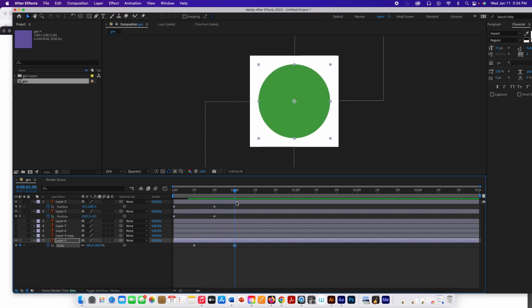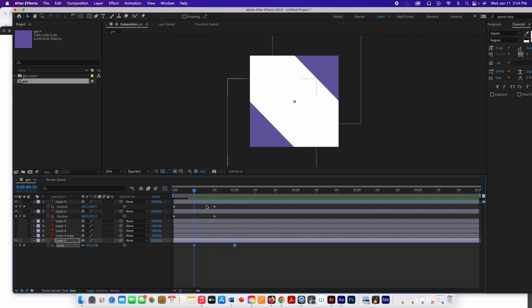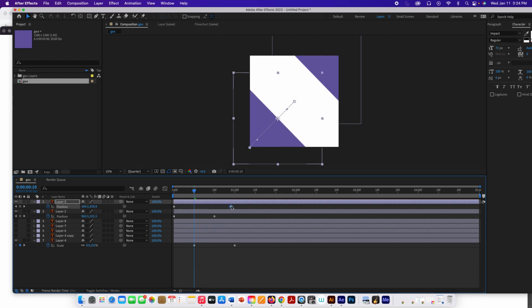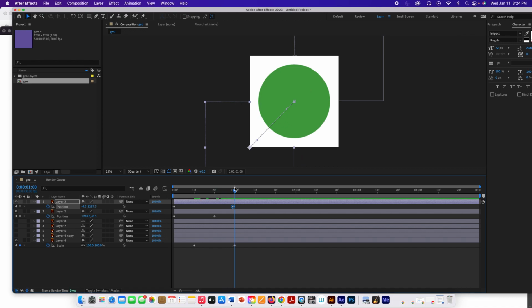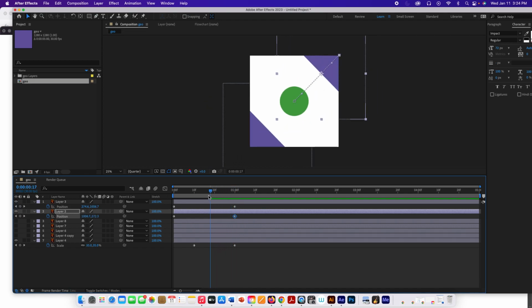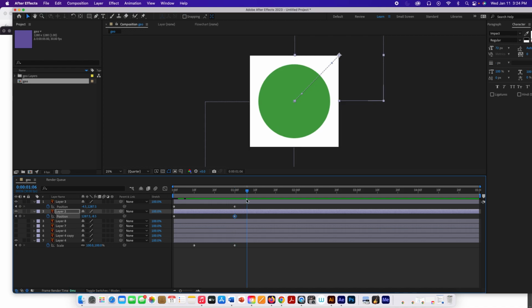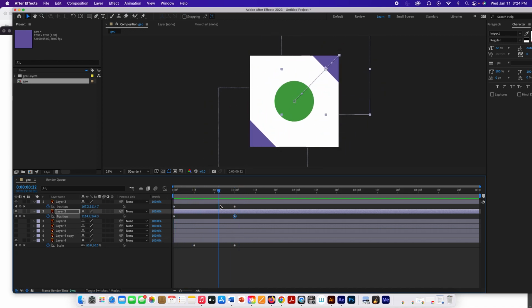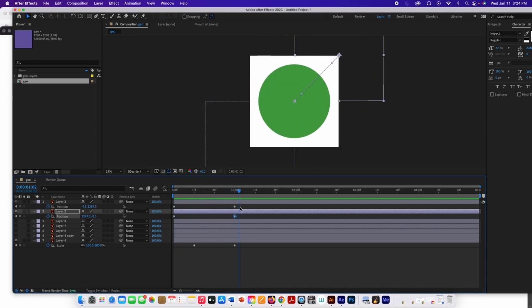Cool. Okay. Maybe, and I'm going to make changes here because you can make changes. You don't have to stick to what you've done originally. I'm going to move these up. Let me come over here so it helps me, there we go. By using the timeline indicator where you want things, it can help you snap these keyframes into place. So see, what's happening is this. Very cool. I like that. That's what I was going for. Okay. Now,